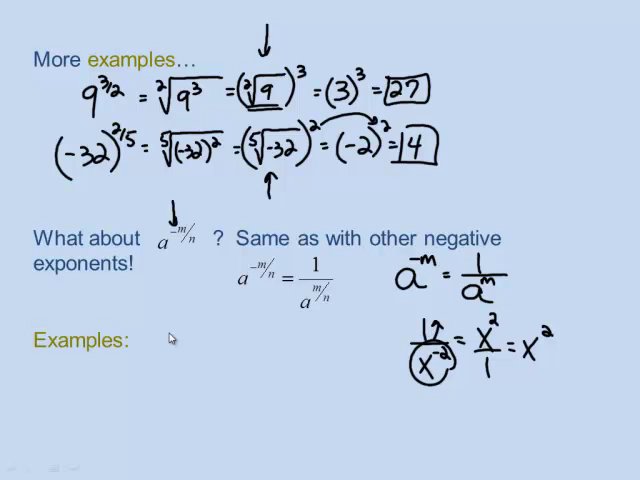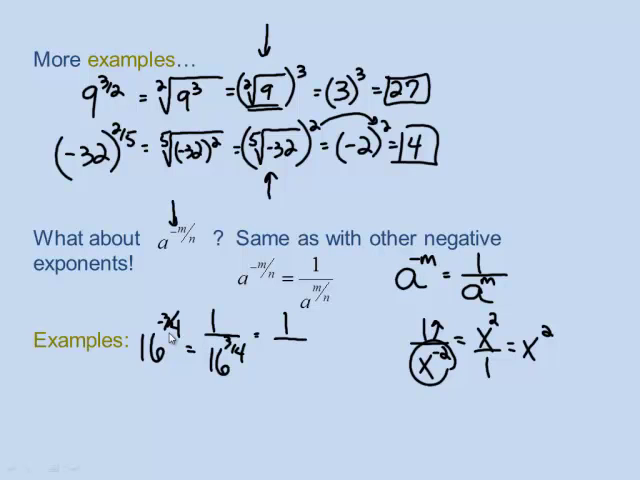So it doesn't matter whether that exponent is an integer or a fraction, that same technique does apply. So let's say that you're asked to simplify this problem: 16 to the negative 3/4 power. First thing you want to do is make that into a positive power by taking the reciprocal. So 16 to the negative 3/4 is the same as 1 over 16 to the positive 3/4,